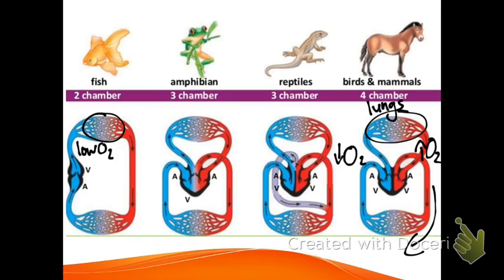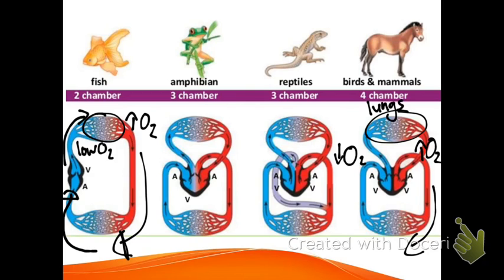Even in the fish, we have a similar type of thing. Low oxygenated blood goes to the gills, becomes oxygenated, picks up all that oxygen, and then goes to the rest of the fish's body. Then that oxygen will be used up in respiration, and the blood will have to return to the heart to be pumped again to the gills. So a similar type of thing where we're pumping away from the heart, first to the gills or